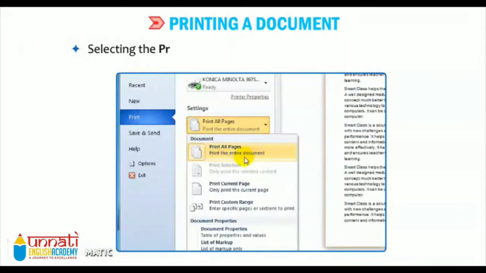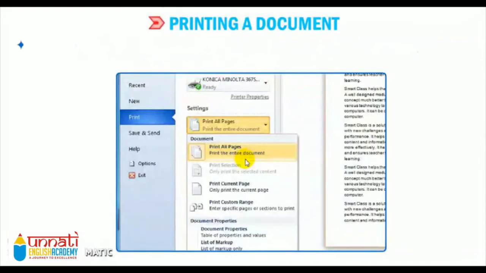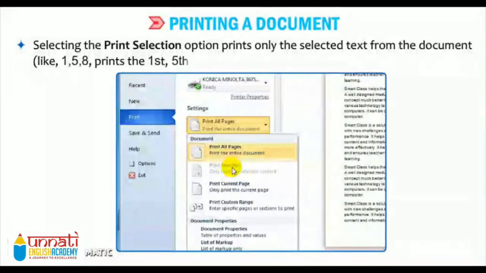Selecting the Print All Pages option prints the entire document. So if you want to print your entire document, which option will you select? Print All Pages. Selecting the Print Selection option prints only the selected text from the document. For example, 1, 5, 8 prints the first, 5th and 8th pages.